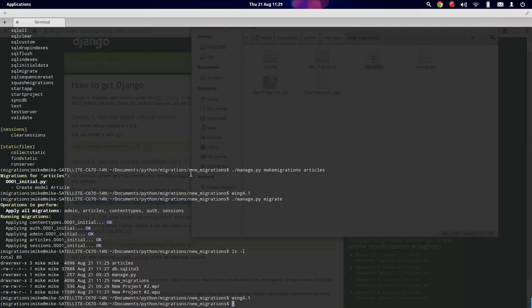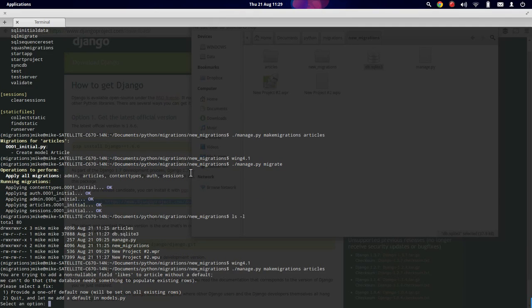So again, we do manage.py makemigrations for article, or articles, the plural,